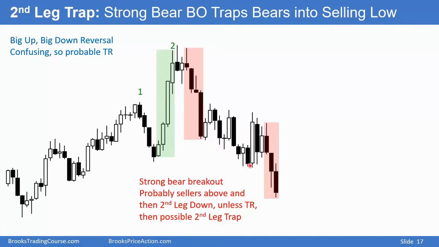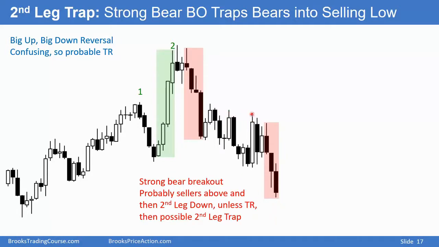Yes, we've broken below a double bottom, good for the bears. Big tail on the bottom of the bar. The bars are not all that big. We're still above the bottom of the bull trend. This could be a second leg trap. Again, a complex 2 legs down. This could be the first leg down, and then a pullback, and then a strong second attempt down. You got to watch out, it could fail.